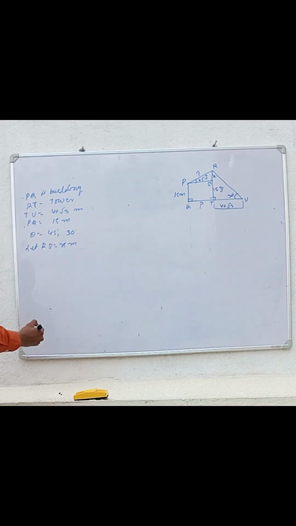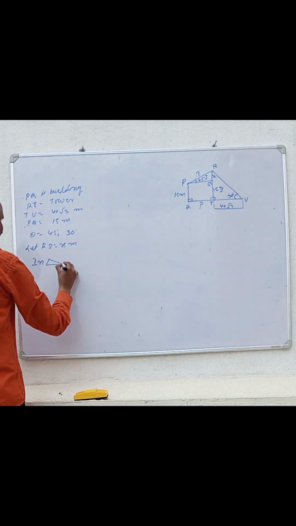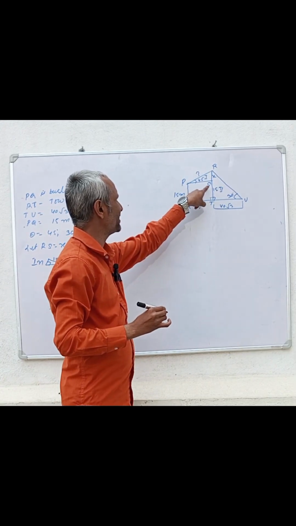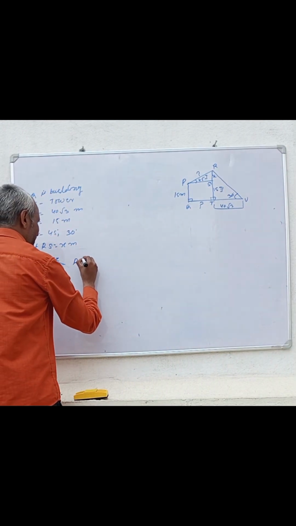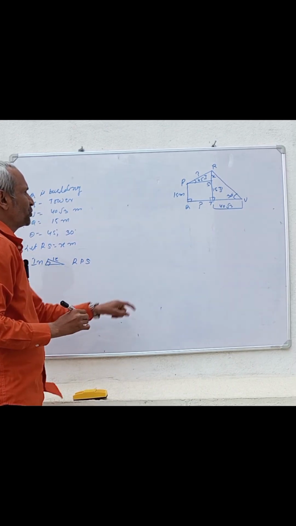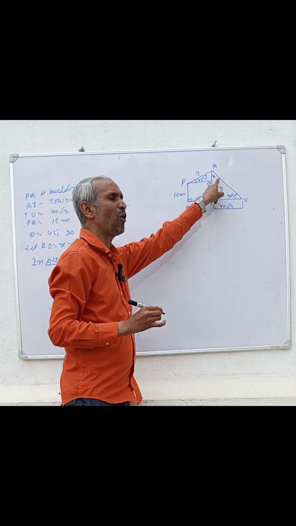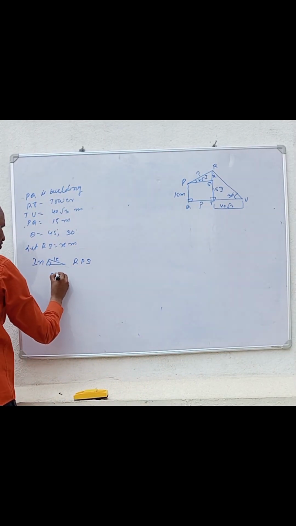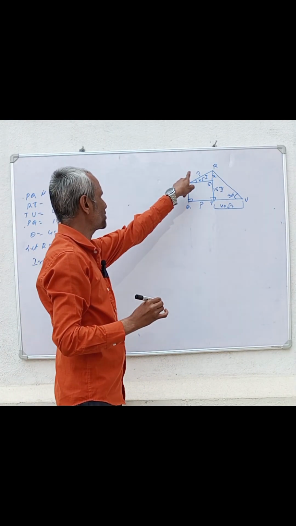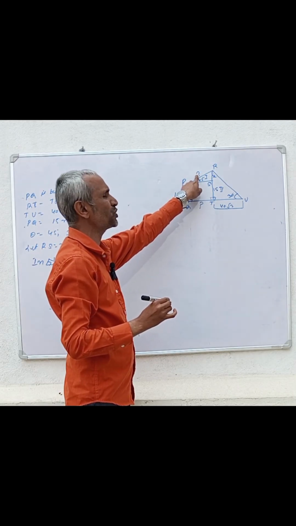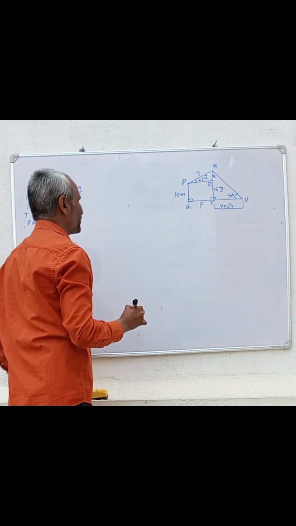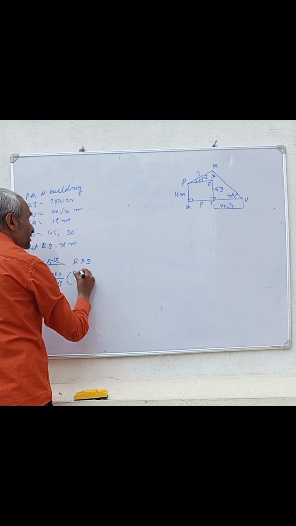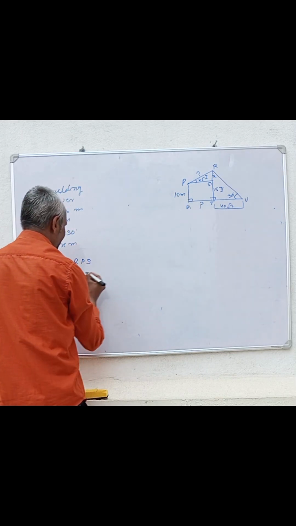Now first in right angle triangle, what is the name of right angle triangle? R P S. You know this angle is here 45. So this will become the opposite side. Opposite by adjacent, we have to find this one also. We are finding this one first. PS, adjacent. That is, what is the opposite? Opposite is RS and the adjacent is the PS.